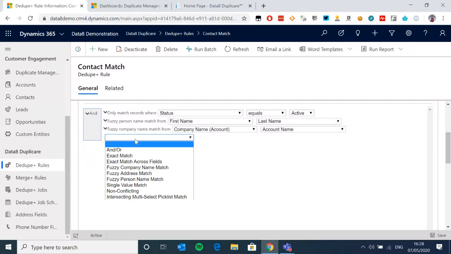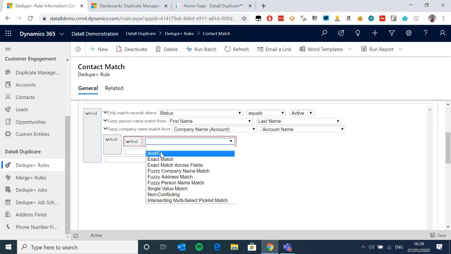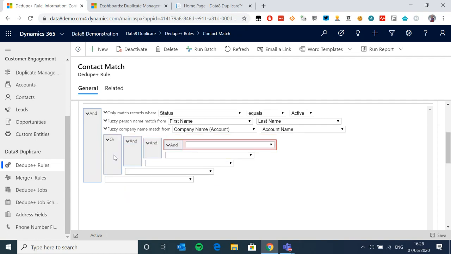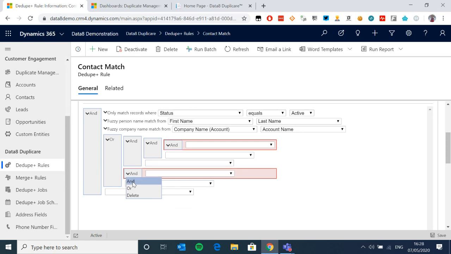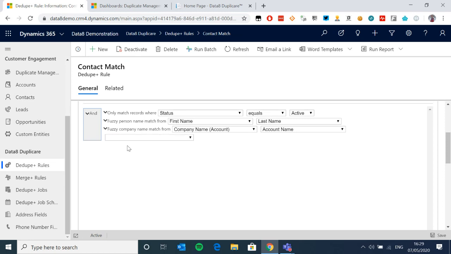Out of the box, you are allowed a limited number of rules per entity. So you have to prioritize what you think is important to you. Our system needs one behind the scenes. What you can then do is get clever with ands and ors, and you can essentially negate that upper limit. So I can start putting all sorts of crazy criteria in here, ands and ors. And what I've seen people do here is have a specific set of rules for certain business units and a specific set of rules for other business units, or even at user level, if there's a user you don't trust, make them have stricter rules or that sort of stuff. So you can just edit that in here.